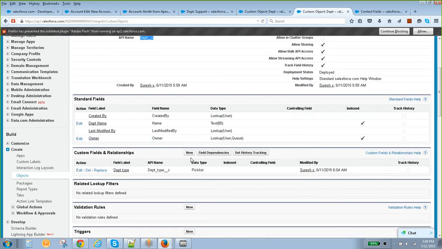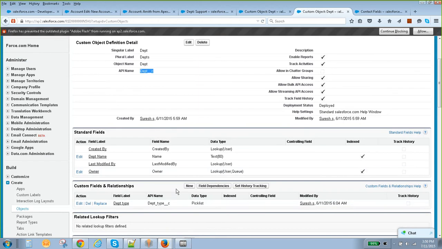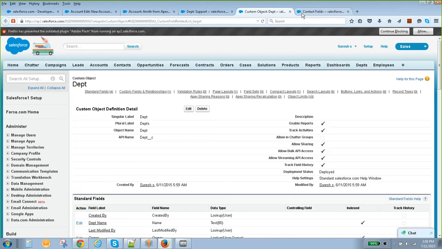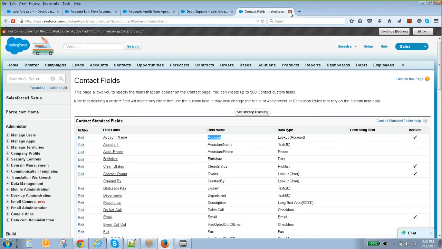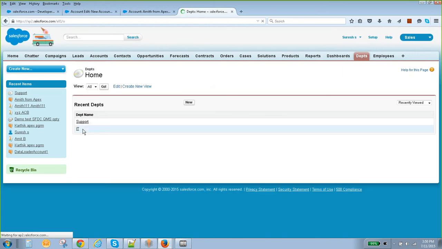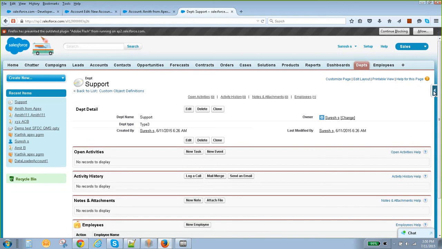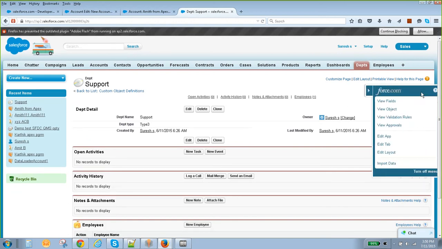If I need something from the custom object department, I say department underscore underscore C dot, the particular field. Okay, fine. So this is a short way to go to a field. Quickly we can move to a field. How? Just click on department, navigate to any one of the field records. See here, there is a hover, a collapsible section. Will it be available only on the object, or anywhere? No, only for the object.